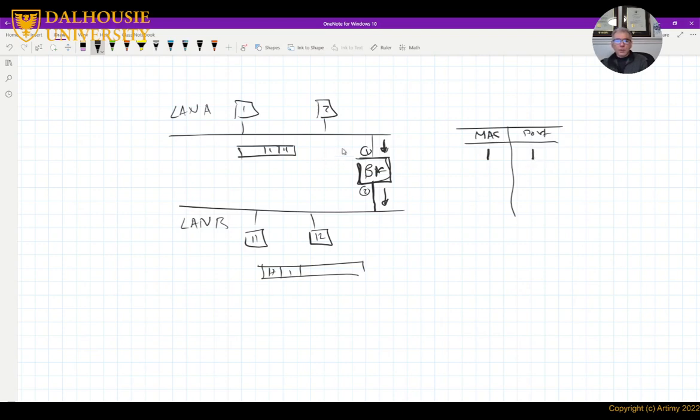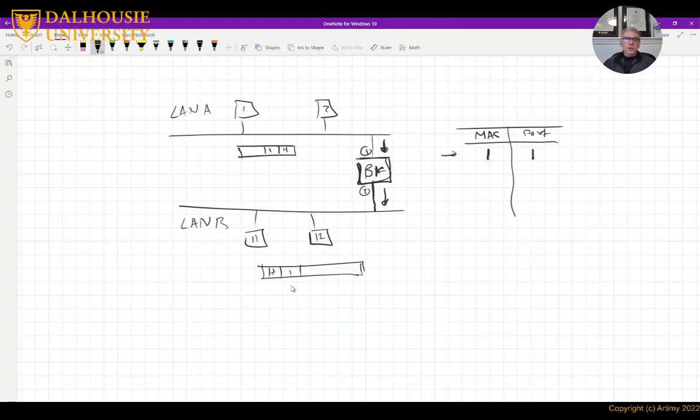So the bridge learns where the packet came from. It doesn't know where the destination is. It doesn't know where station 11 is right now. But the packet came from port 1 coming from station 1, so it is recorded here. Okay, so now the packet is sent to LAN B.